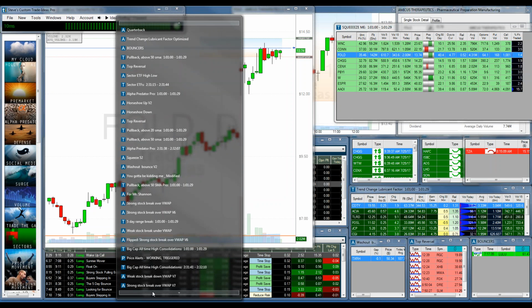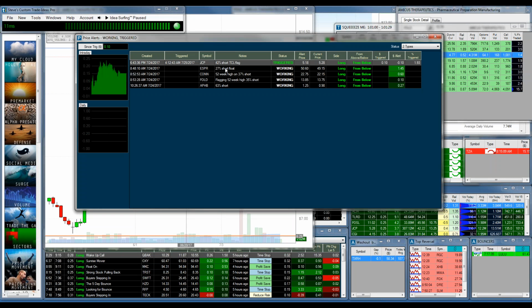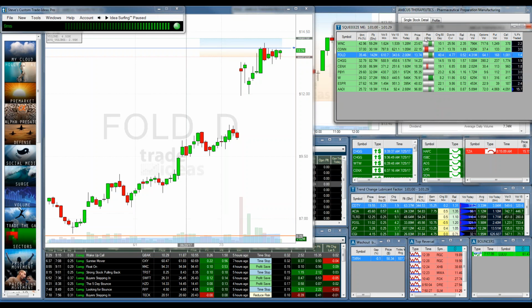So rather than chasing your tail and trying to run around and find the next big trade, you can use price alerts on things that really look good and set it and forget it, and then let it come to you. Let the trade come to you, and you'll know why you're in it, because the notes probably say